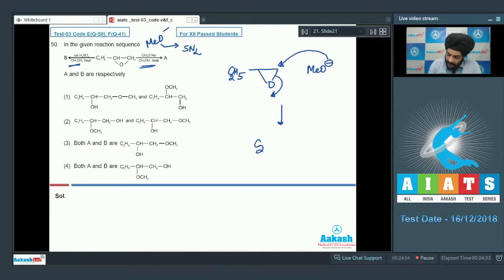So we are going to have the formation of C2H5CHOHCH2OMe. So this is the product A. And if we look at the reagent leading to the formation of product B, we have the case of solvolysis in this case. So what is going to happen is the epoxide will